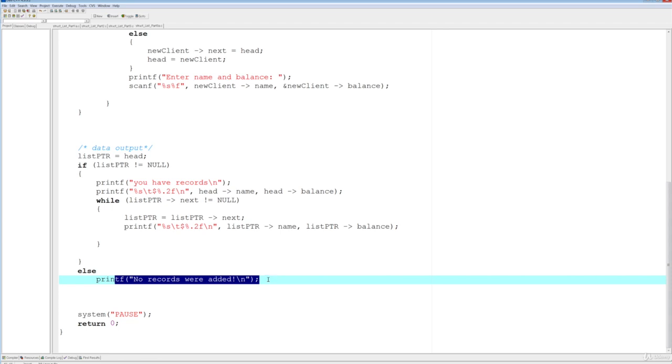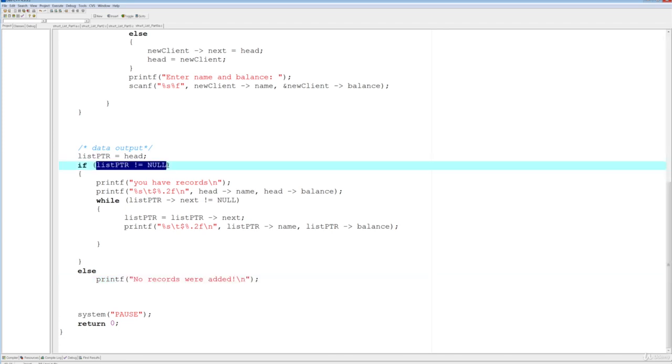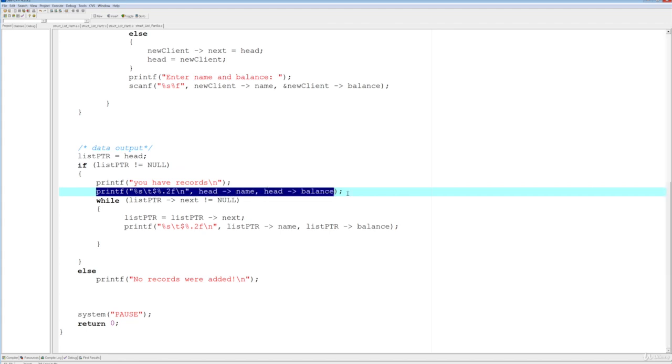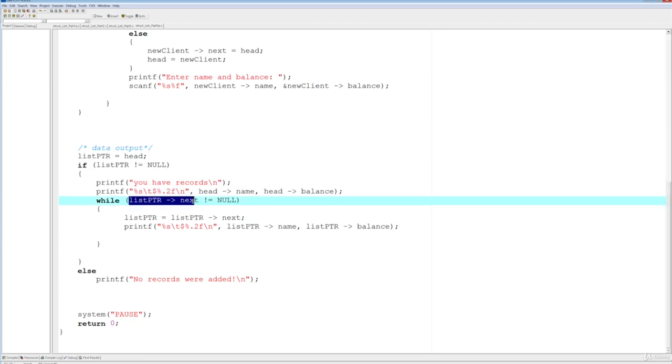Else, or in our case, if this is true, right, it is not null, which means you either have one node or many nodes. So in other words, you have records. So the technique we used in the previous lesson is we went ahead and printed the tail or the head first. Okay, might as well call it for what it is. And notice the technique that I'm using here for the loop. Again, same thing as the previous lesson. As long as the internal pointer of the node I'm looking at is not pointing to null,